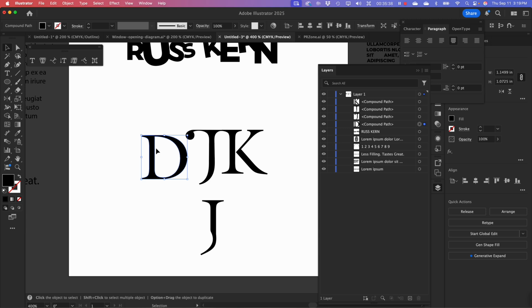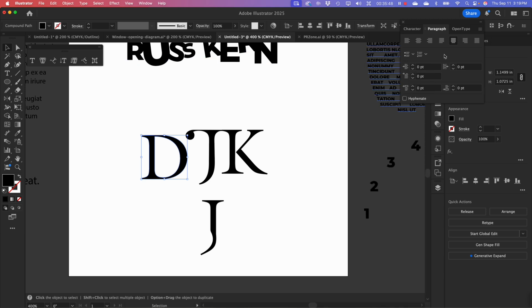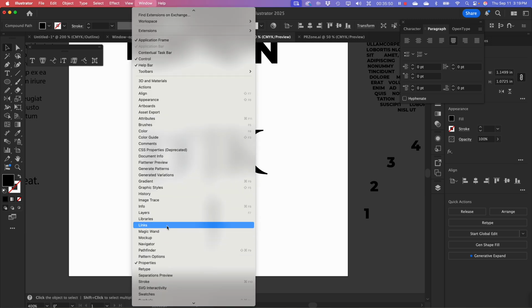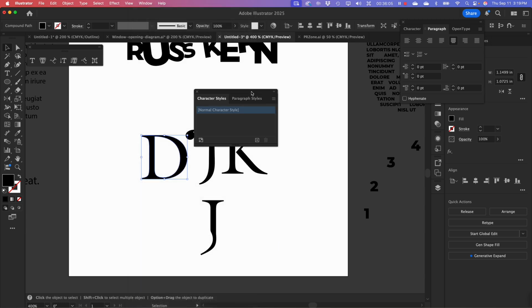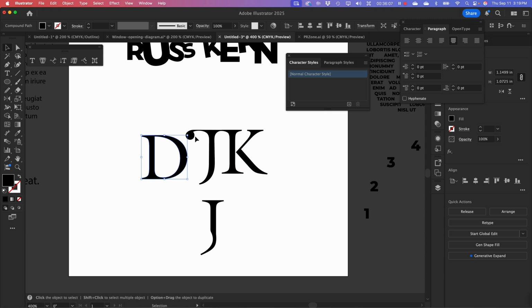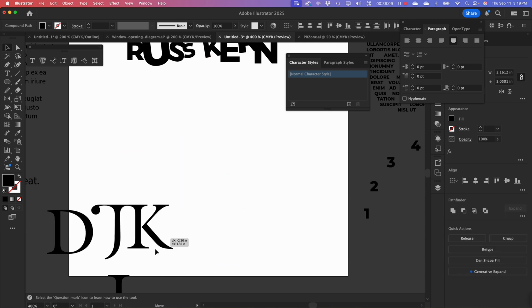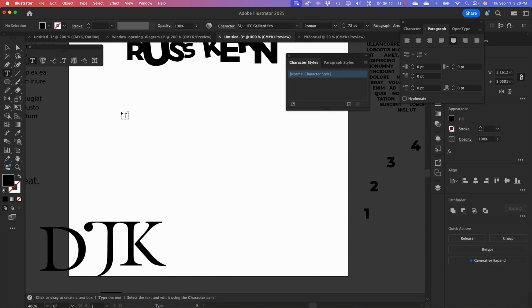The last thing with type is that if we go into our window menu down here to type, we have not only our character panel and our paragraph panel, but we've also got paragraph and character styles. So let's look at, I'll bring up the character styles panel. And right by default it's empty. But if I want to type my name,